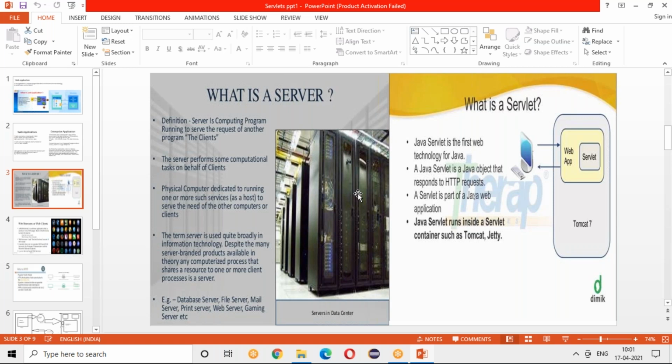So servers are like the data center. There are database servers. There are different kinds of servers, and you can go through the net and explore more on it also. I do not want to go deeper, but I think you can get the basic difference of it. For 2 minutes, if you want, you can. I do not want to read those whole lines again, but you can make out the difference and see it for 2 minutes.